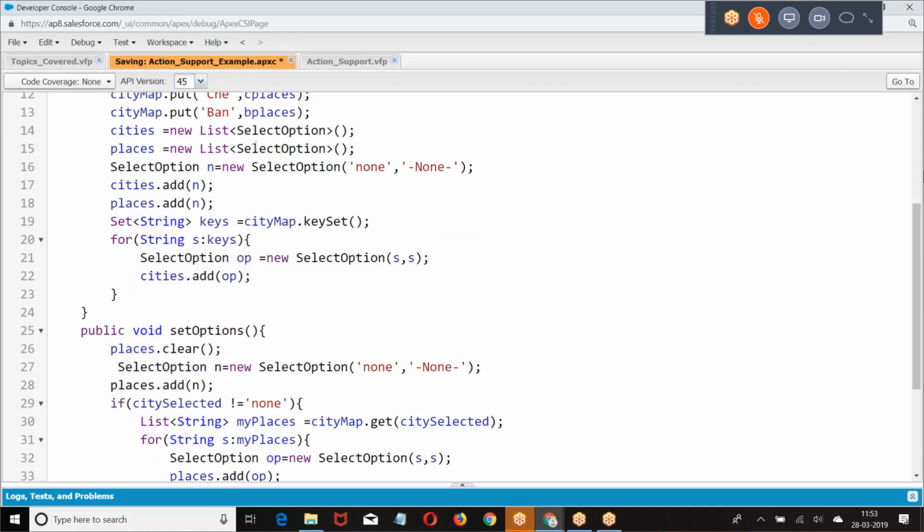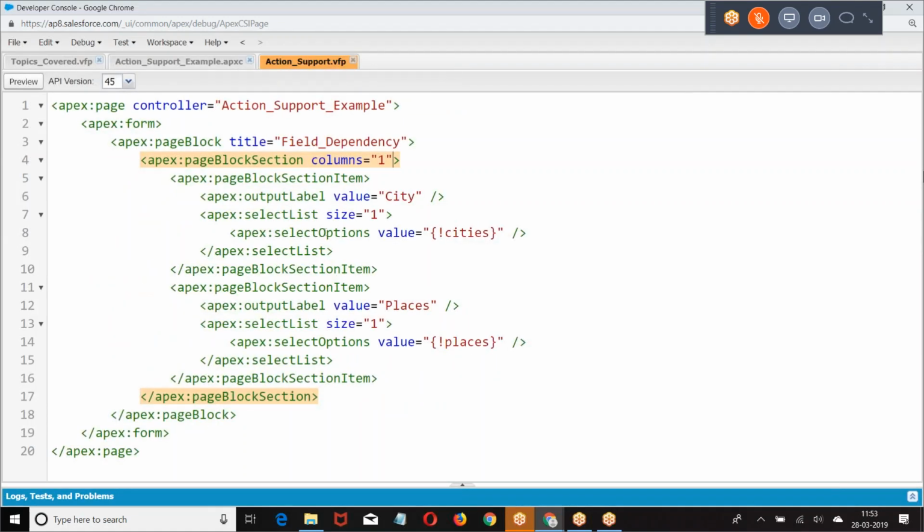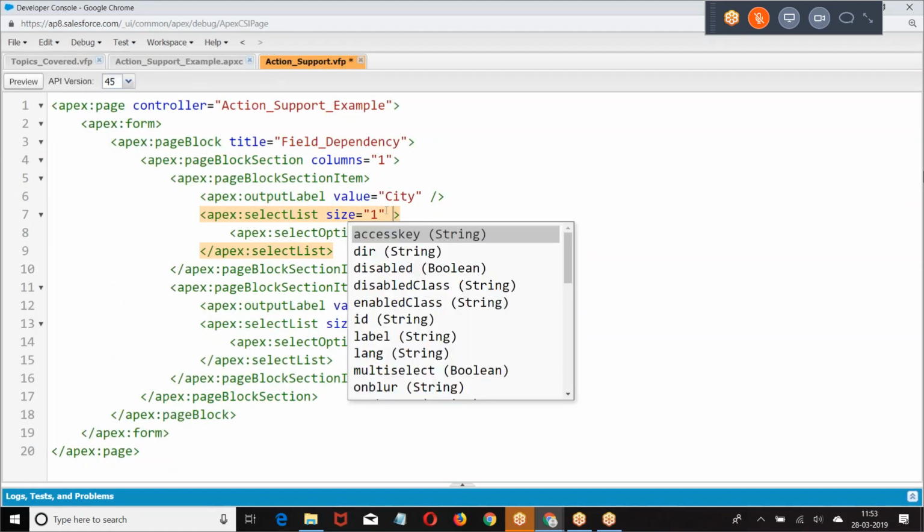So look at this. If the city you have selected is Hyderabad, get me Hyderabad places, add it to the places pick list. If the city you selected is Chennai, get the Chennai places, add it to the Chennai list. This is what I'm doing. Now listen carefully here. This is the concept I am trying to discuss.